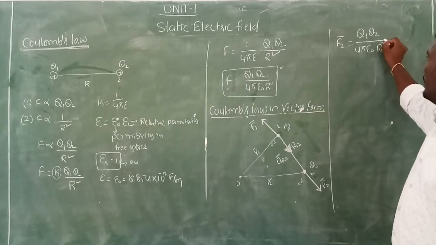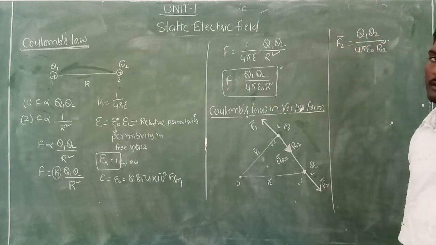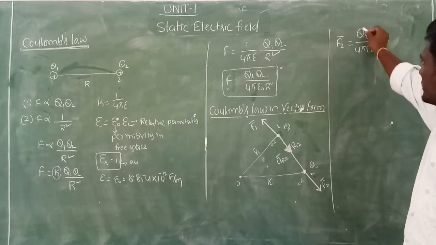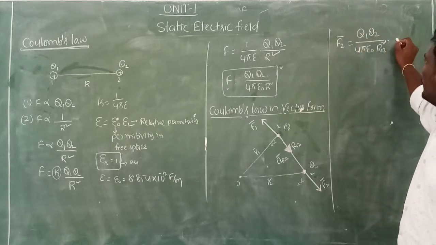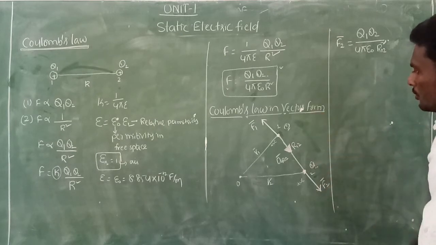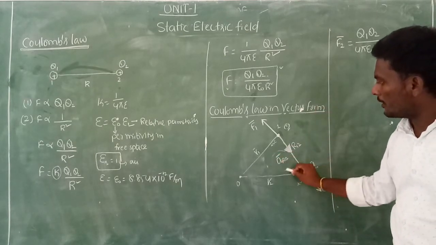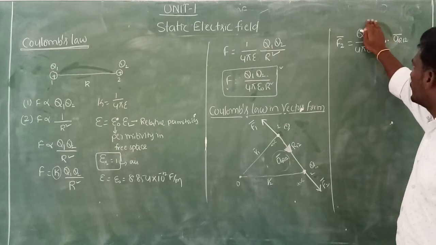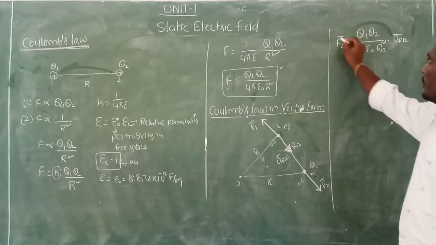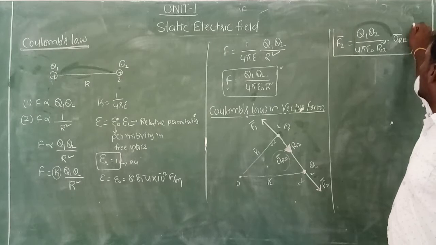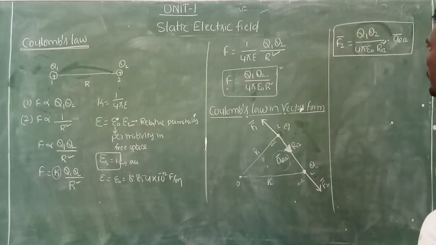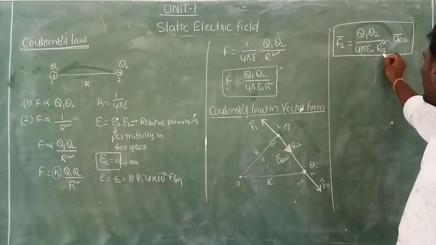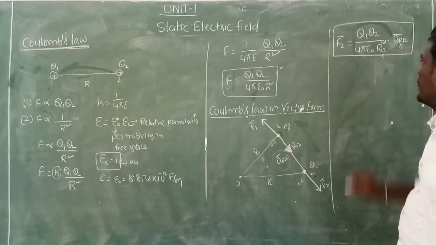Now, as I am writing the force expression in vector form, this is the magnitude. And in which direction is the force existing on Q2? In the downward direction, and the direction is represented by which vector? The unit vector. So I should write the unit vector r12 bar here. What is this? This is the force exerted on Q2 due to which charge? Q1.